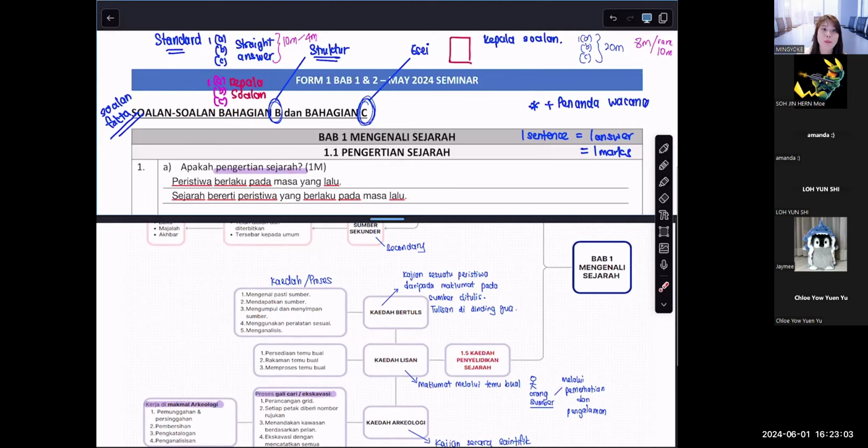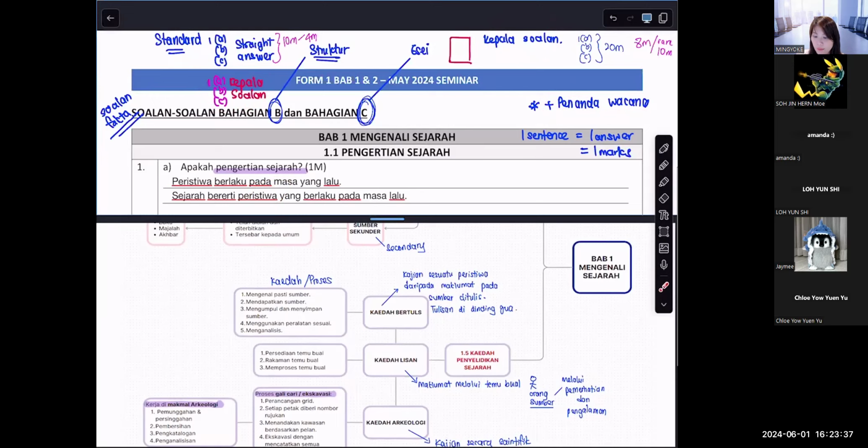Understand? So you all must take note to apply as per what your teacher's format wants. Okay? Understand? So kepala soalan and then put the answer. So if the answer is more than 1 mark, if it's 2 marks or 3 marks, then what happened? After you put the kepala soalan, then you put penanda wacana. What is penanda wacana? Penanda wacana means selain itu, di samping itu, tambahan pula, like that.